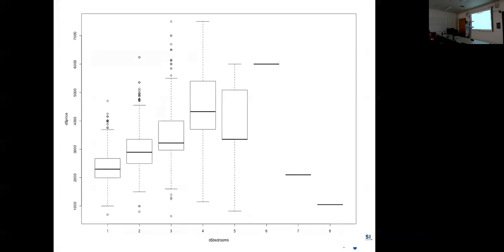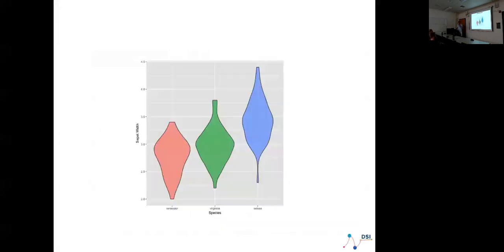You can never remember where these whiskers came from because the formula changes. There's supposed to be a formula that sort of says beyond this they're outliers. So nobody can define what an outlier is. You have to define that. So this is where the software is doing too much for you. Okay, so then people do this. Okay, so these are violin plots. What's stupid about these? Especially when they look like Christmas ornaments.